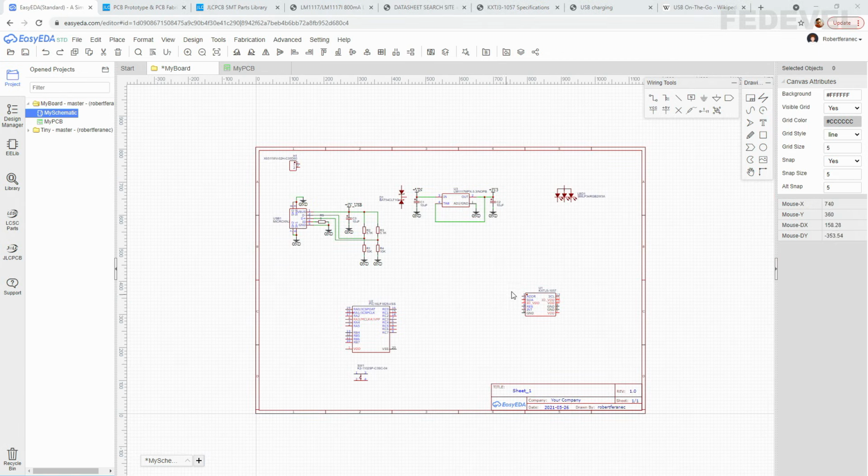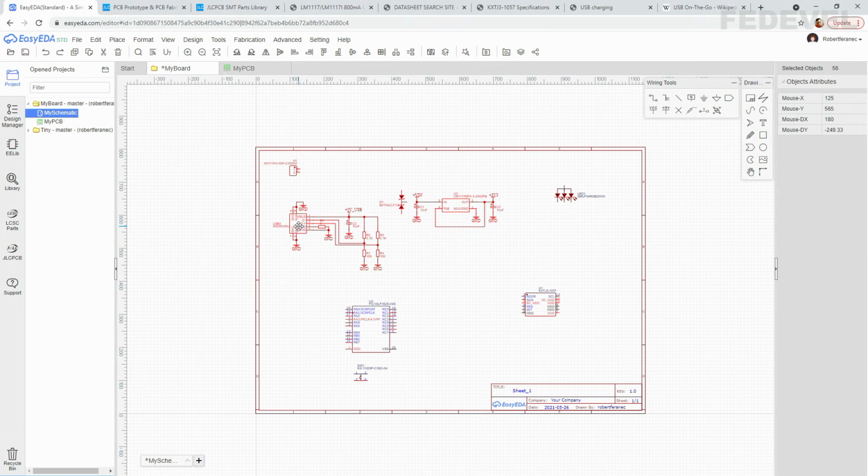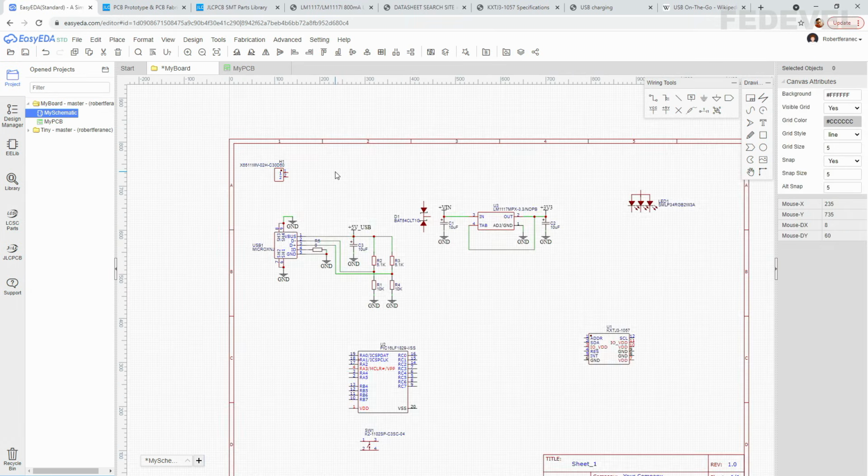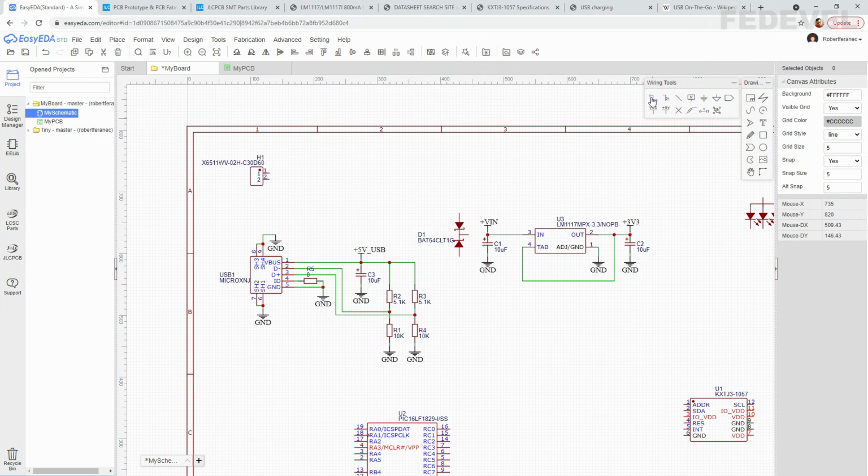I'm going to select everything around our power supply, move it a little bit down, use the wire button to connect the battery connector with the diode, connect USB 5 volts to the diode, and connect it to our power supply. Escape.